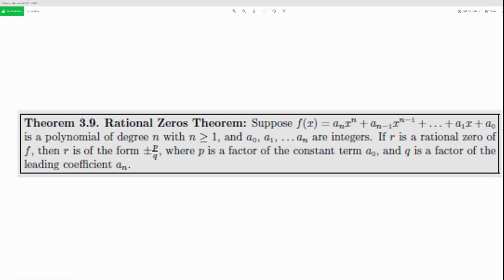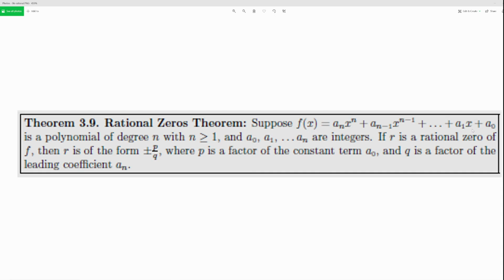Hi everybody. This video is about the Rational Zeros Theorem. This is an important theorem in the study of polynomials, and it's one you really have to be able to read to understand. So, in the Stitt-Ziegler version 3 textbook, the Rational Zeros Theorem is stated as, suppose that you